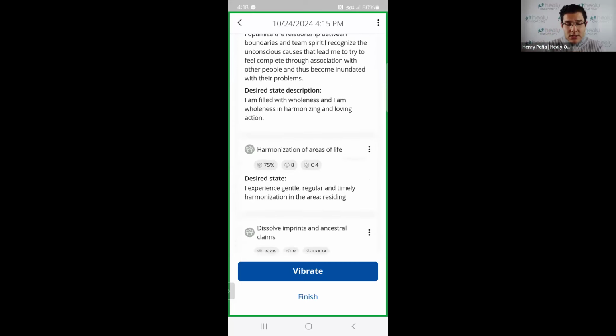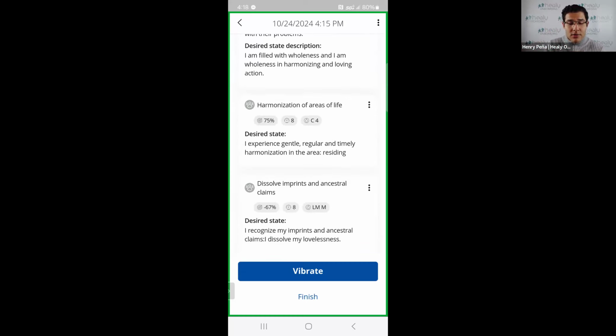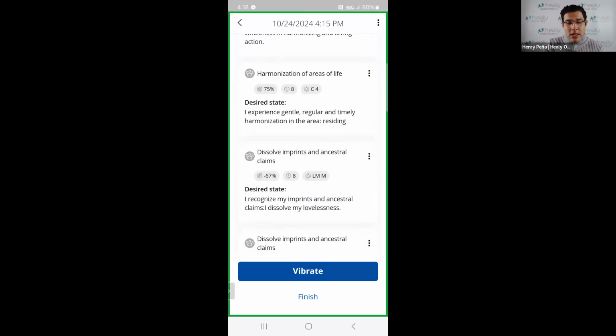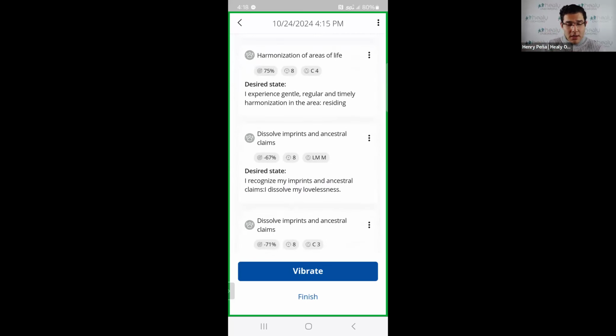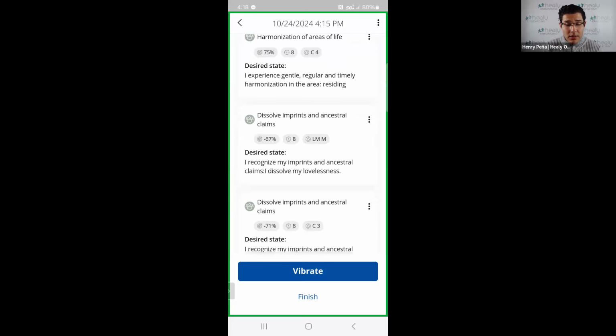So again, makes sense to me. This one says, I experience gentle, regular, and timely harmonization in the area residing. So this one, I mean, doesn't necessarily resonate with me so much. Let's look at the other ones. I recognize my imprints and ancestral claim. I dissolve my lovelessness. All right, so that one does make a lot of sense to me, because